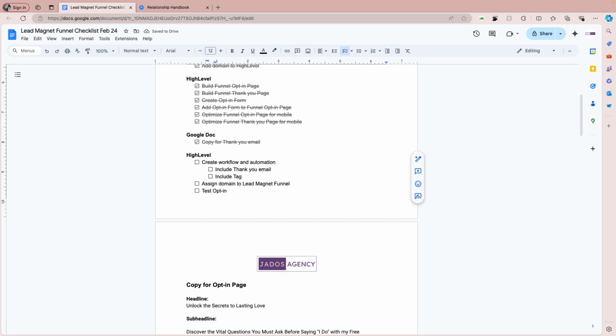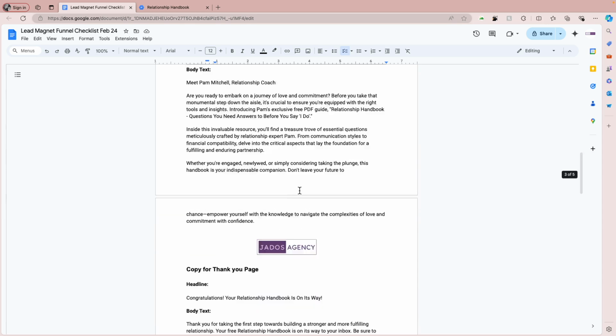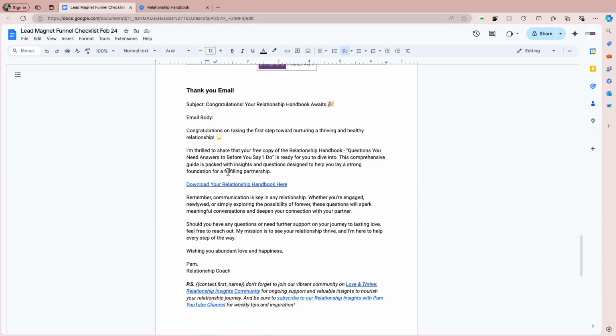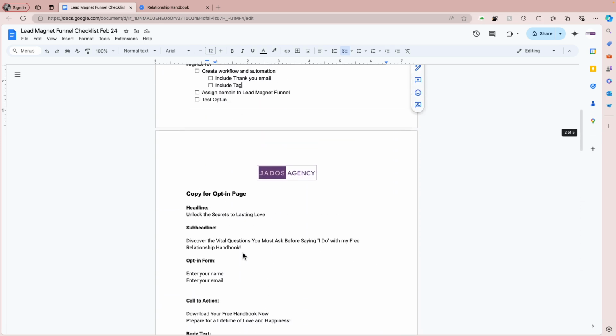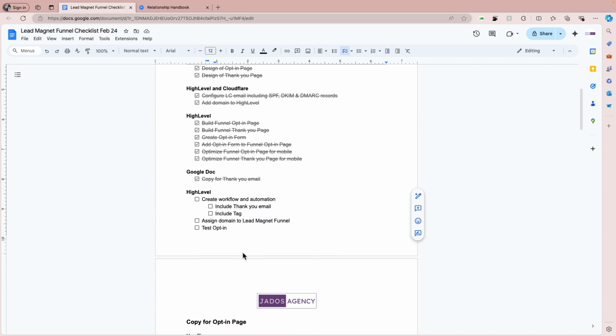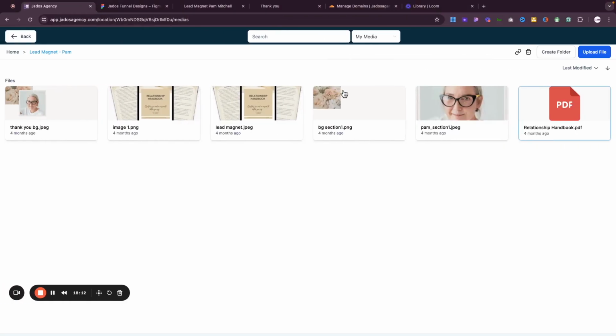So that we know that they are the customers or clients that actually opted into this particular freebie. And then we send them the thank you email with the freebie either attached and or a link to the freebie within the email. So let's put this together, and this will work automatically. Once you set it up once in high level, it continues to work automatically. So let's create the workflow and automation for this lead magnet.